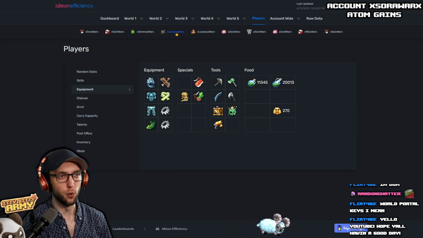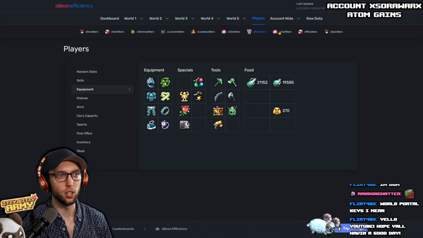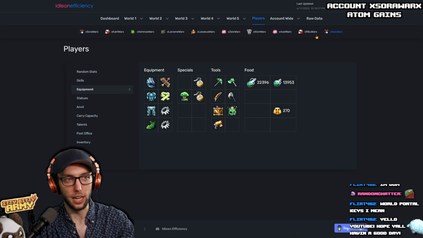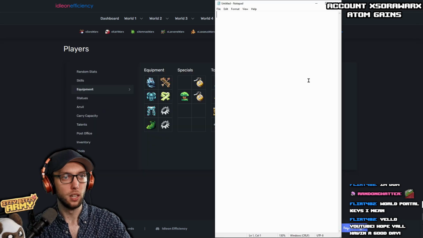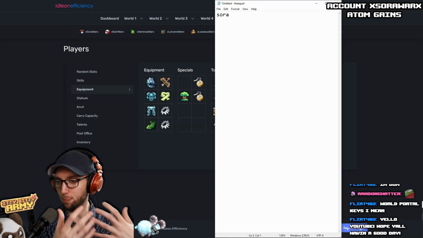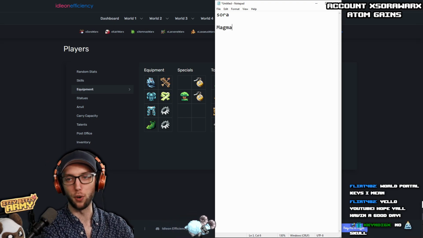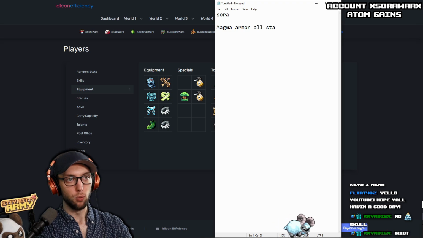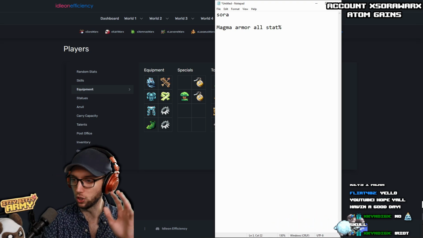So far running out full Cheezor. Gonna eventually start getting into your Troll Armor. Well, right off the get-go, the biggest ones, if you want honestly to boost up even more, you're going to want to start farming Magma Armor. Now, Magma Armor gives all stat percent, which later game actually works even more